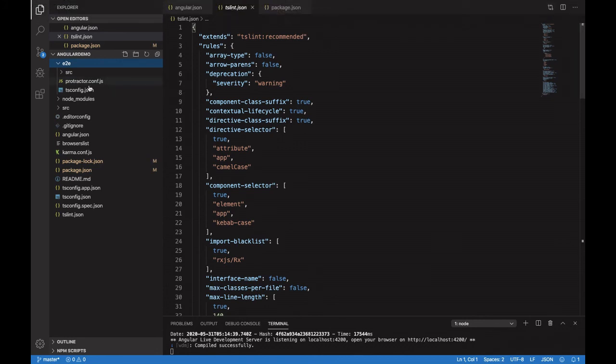And apart from that, there is the node modules folder. I had already explained that whatever package you are going to install, the reference will get added into package.json, and the folder will come into node modules. Okay, so this is all about the folder structure in our Angular application.